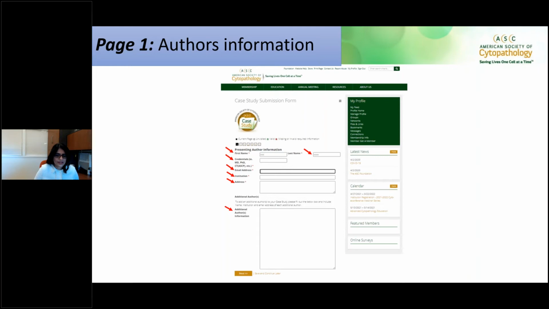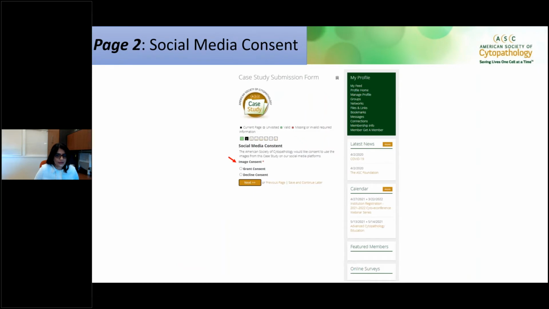want. After entering all this information, click on Next, which will bring you to page 2 with social media consent. ASC would like your consent to use the images from your case study on ASC's social media platforms. Select either grant or decline, and then click on Next,